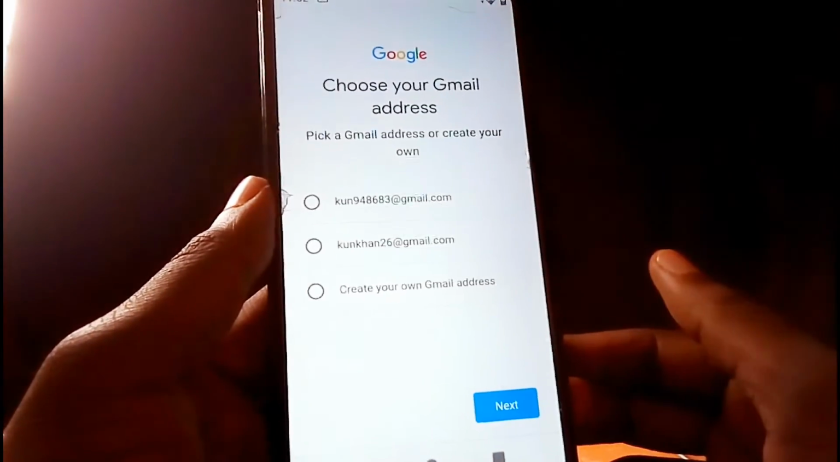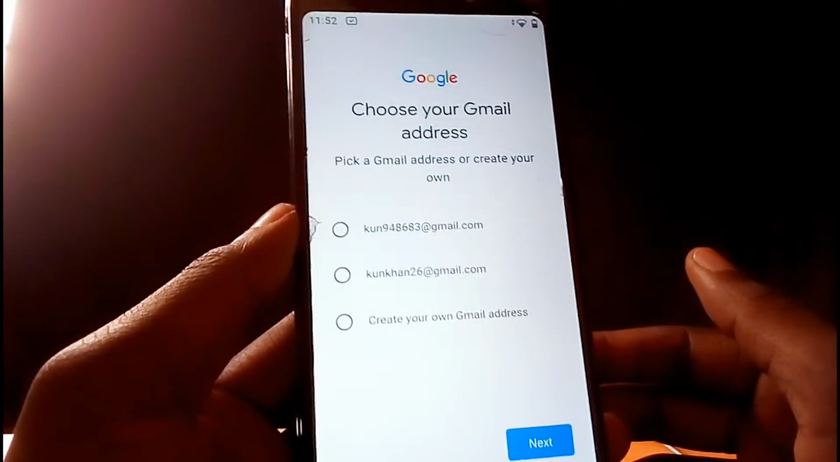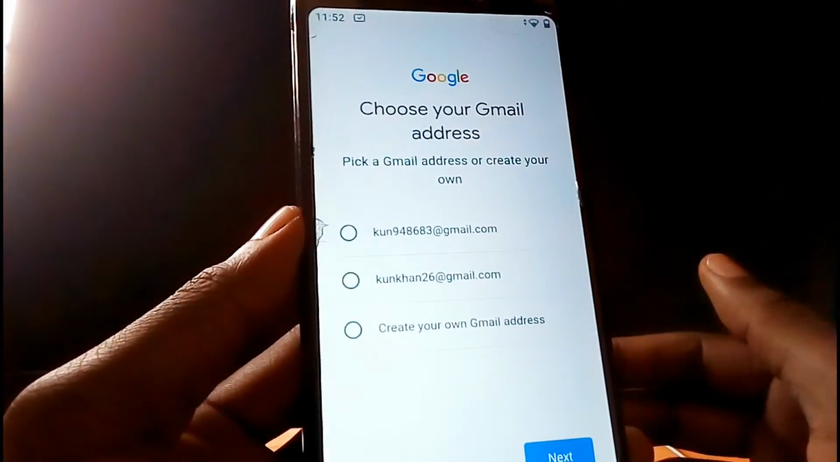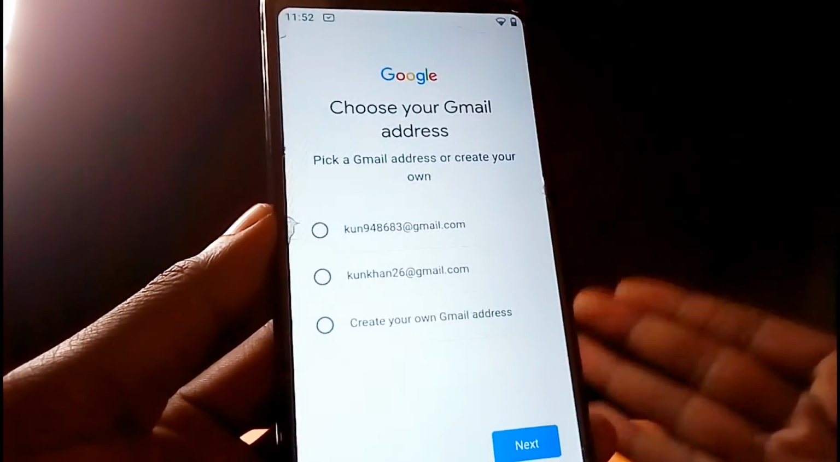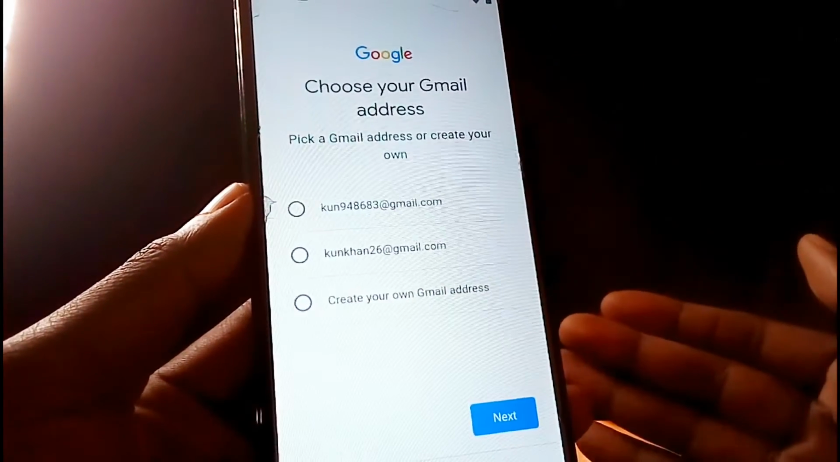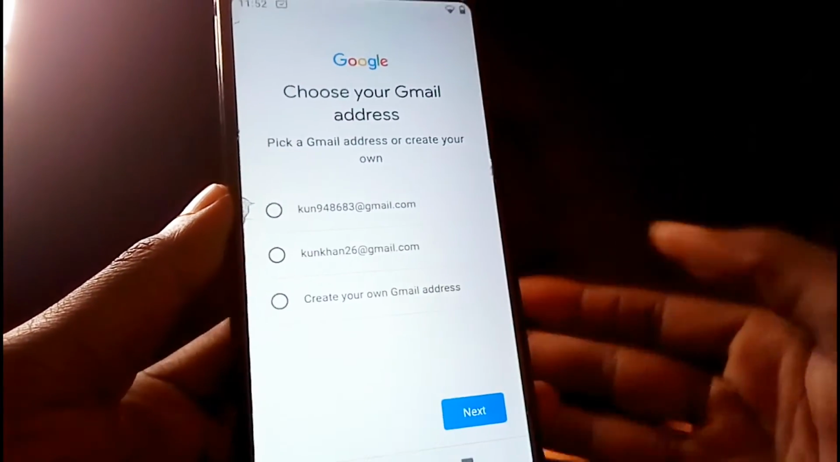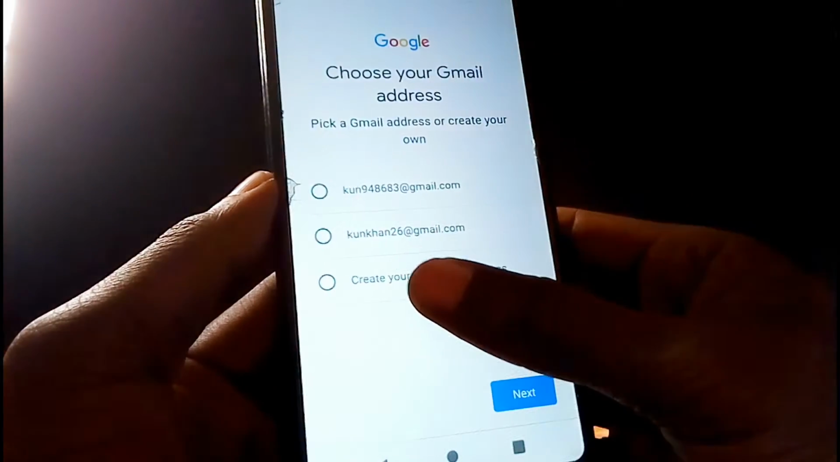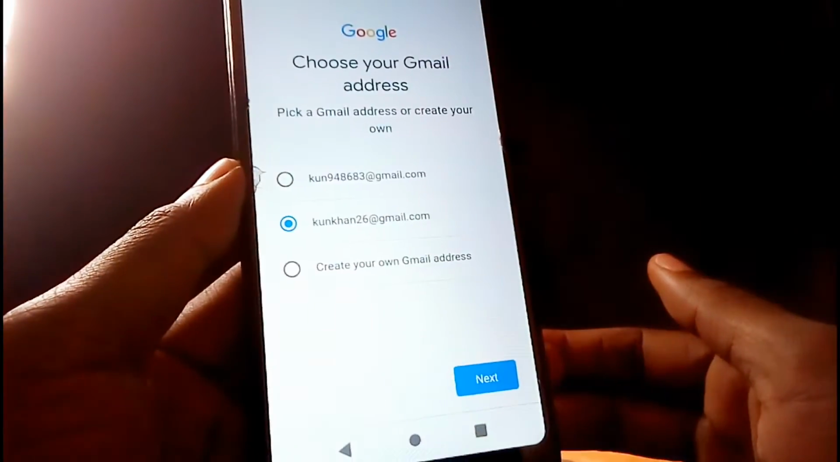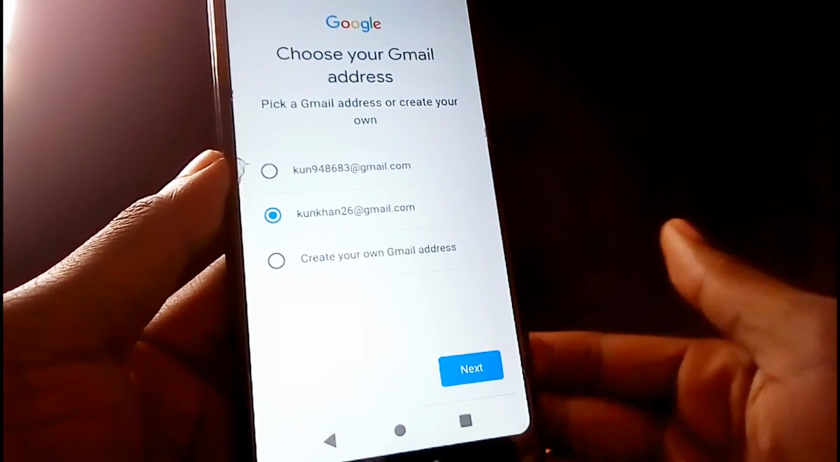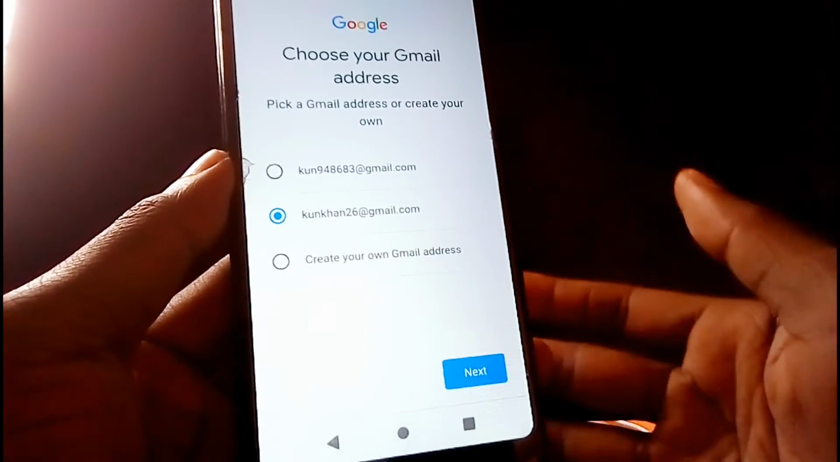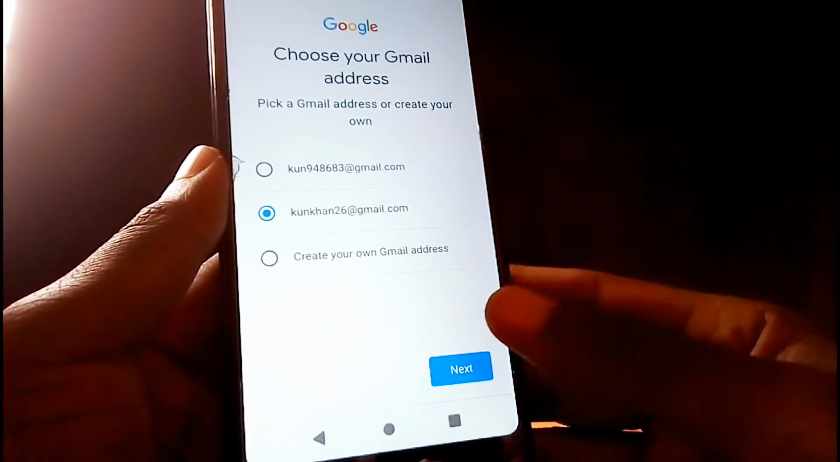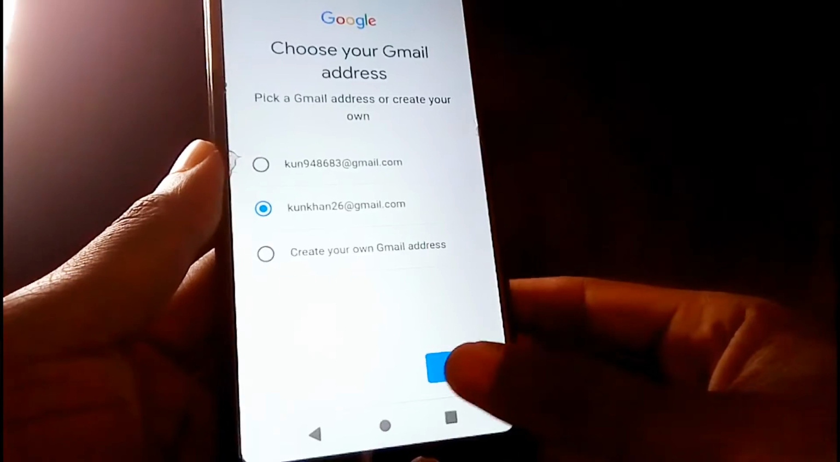Then here you'll be asked to pick a Gmail account or create your own, so you'll be given an option. So if you are okay with the options that are provided here, just go ahead and click on one. So I'm comfortable with the second one. But if you're not comfortable with them, you can just create your own Gmail address. So then tap on next,